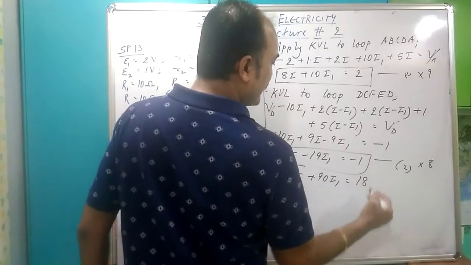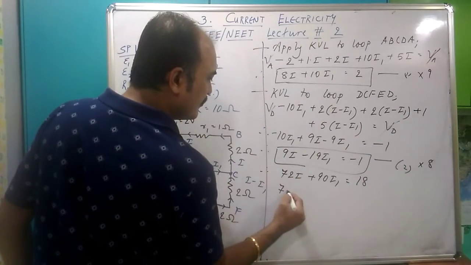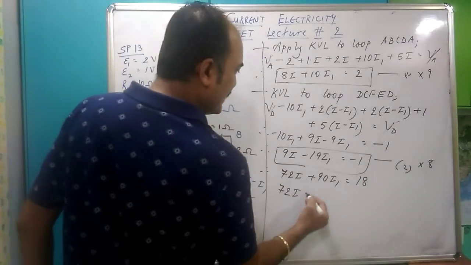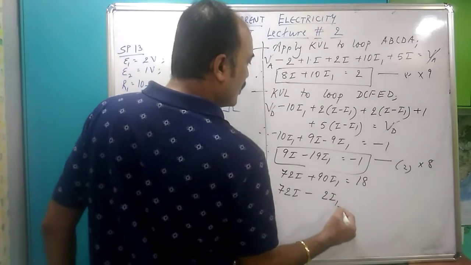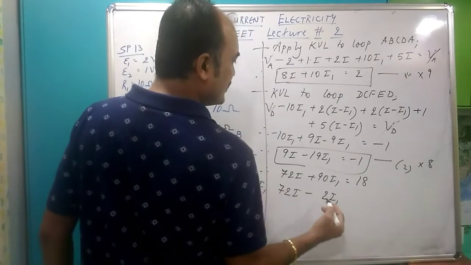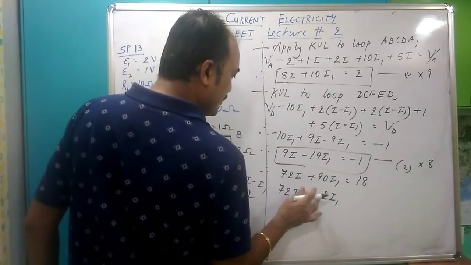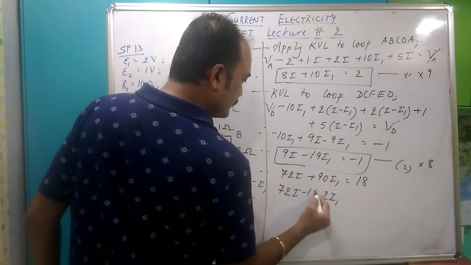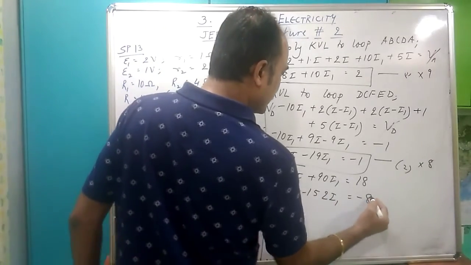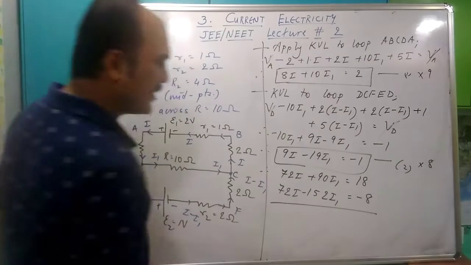We might not actually get a perfect answer, but we'll see what happens. And 9 8s are 72, 8 and 7 is 15, so 152, oh my God. I1 is minus 8. Okay.